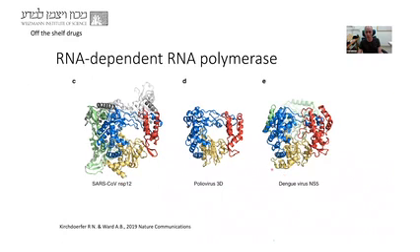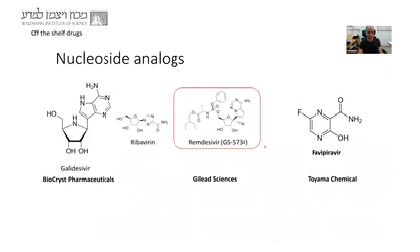And this is not a coincidence. This is indicating to us that the function of this protein dictates a very conserved appearance, a very conserved structure, and that gives us an opportunity to target those proteins. And many people have tried to develop inhibitors, specific inhibitors that will inhibit those proteins. And I will mention a few of them.